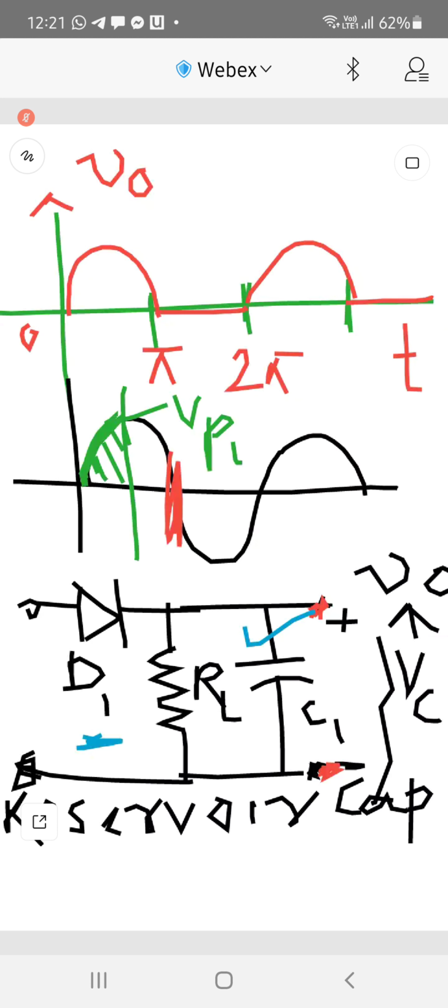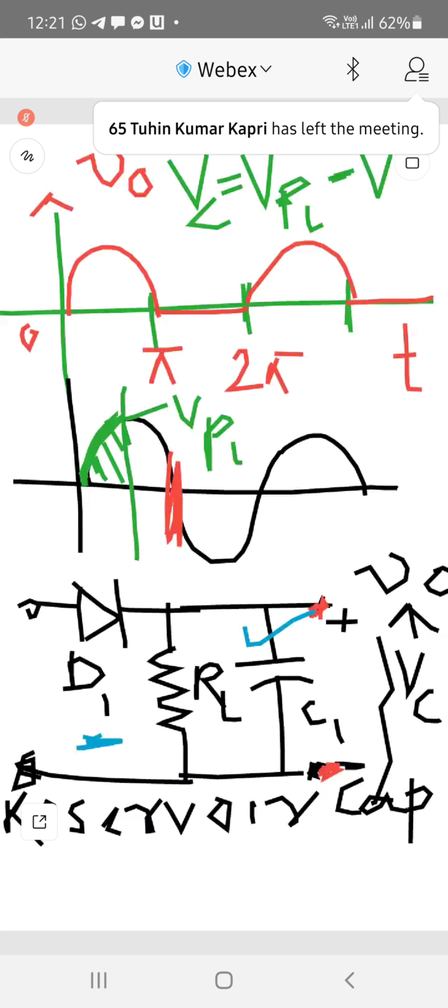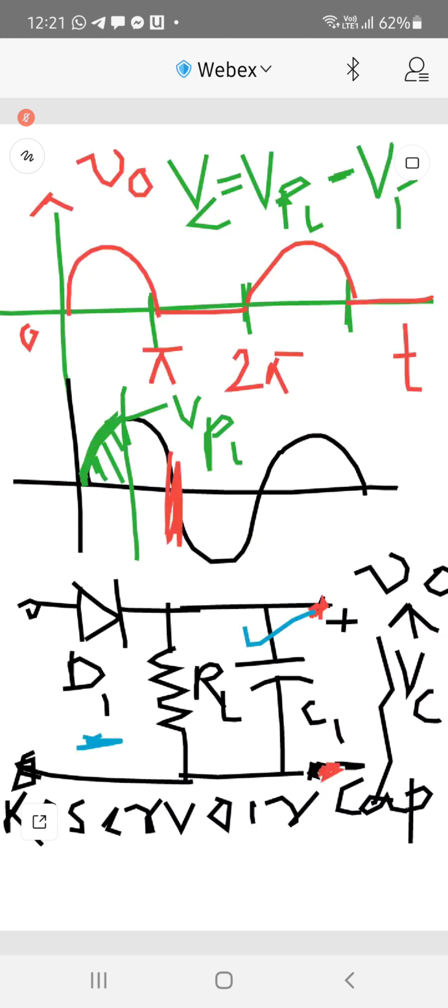what will be the voltage drop across the capacitor? What will be VC? What will be the value of VC? VC will be equal to VPI minus VF, where VF is the forward voltage drop across this diode D1. So at pi by 2, when the maximum value of voltage has been reached in the input cycle,